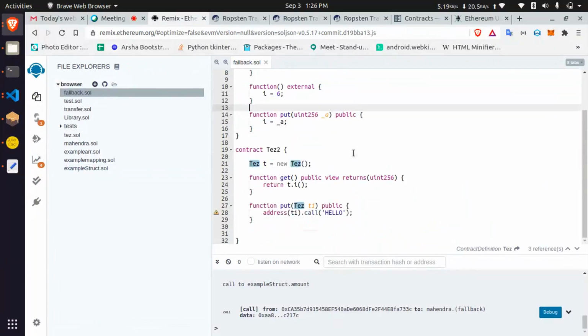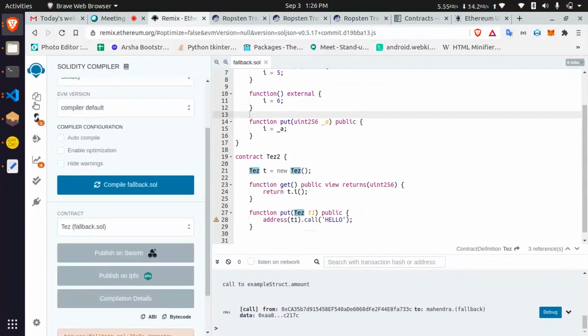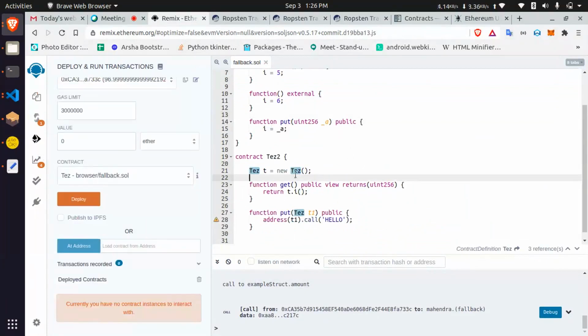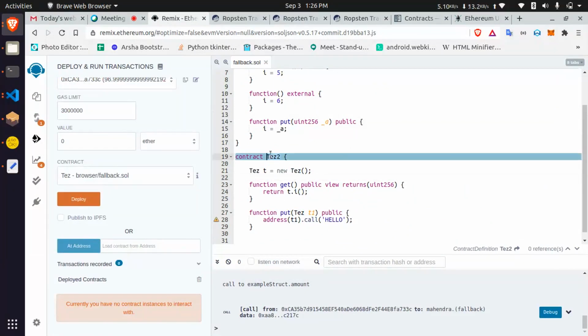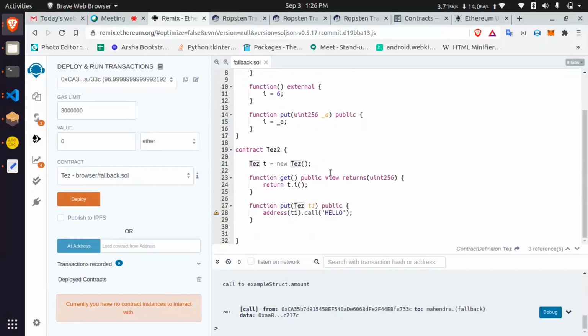This is an exception. If you have a contract, this is the main contract, which you are going to deploy.